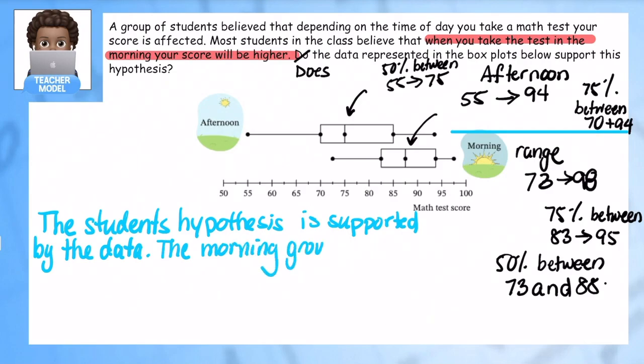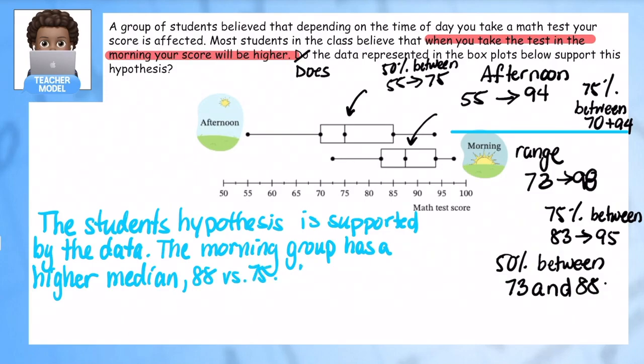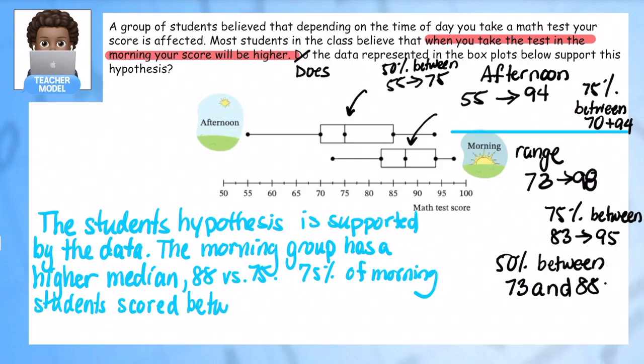The morning group has a higher median, 88 versus 75. 75% of morning students scored between 83 and 95 versus afternoon,